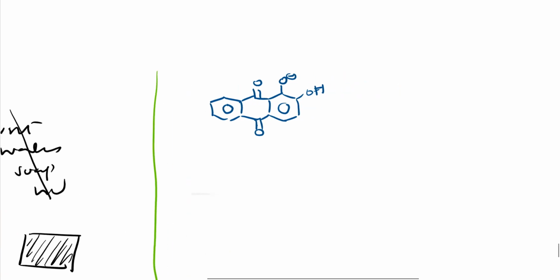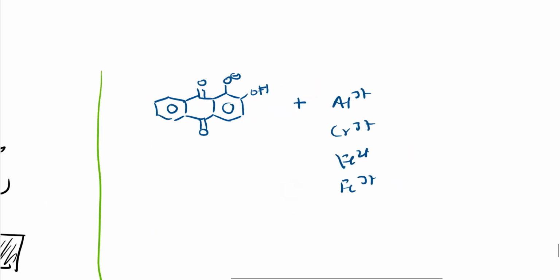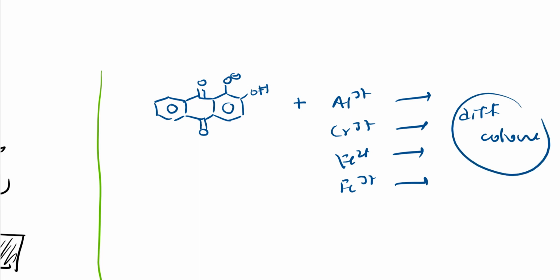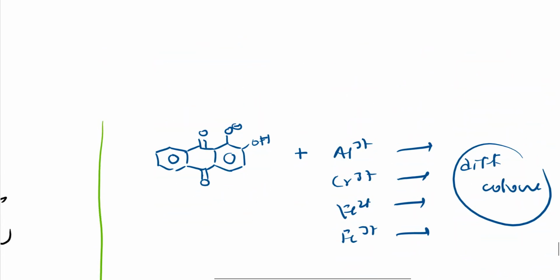This alizarin is acidic, because of which it will combine with basic metals, right? Like Al3+, Cr3+, Fe2+, Fe3+, and I have also told that with different mordants, meaning different metal ions, it will give different colors. I have explained all this in the first class only, but now it's mandatory to explain here also, right? So you know this thing, right? This is the thing I had forgotten.